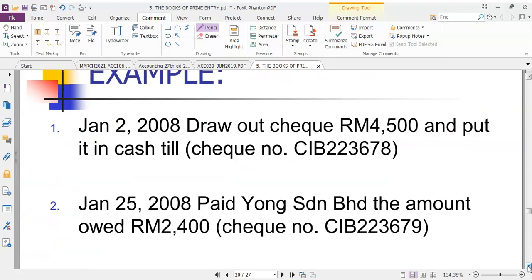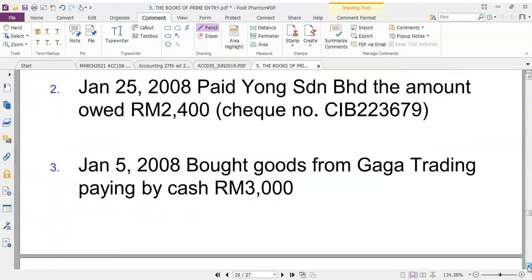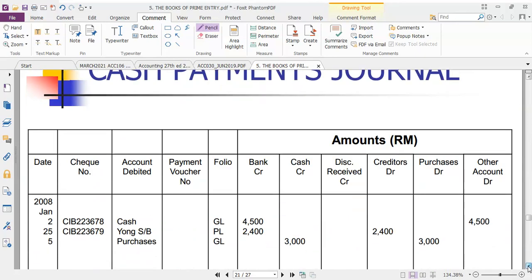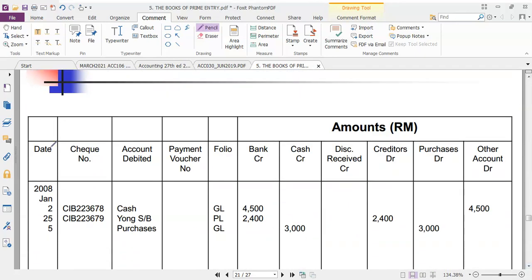Kalau kita tengok kepada check bar tu nanti kita akan tahulah kita ada buat berapa banyak payment. Okay, so kalau cash payment journal, dia ada banyak sikit. Okay, ni contoh dia. Date, check number, account debited, payment voucher, folio, bank, cash, discount receipt, creditors, purchase and